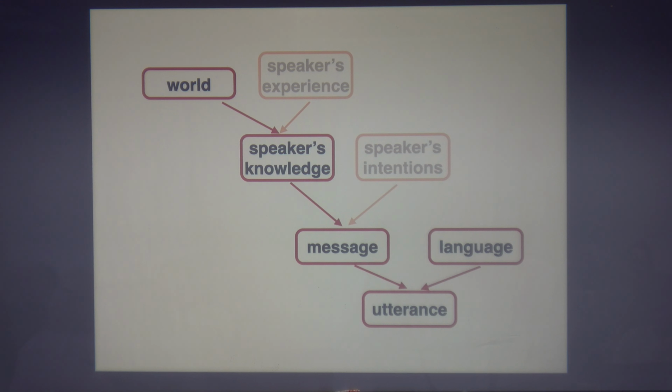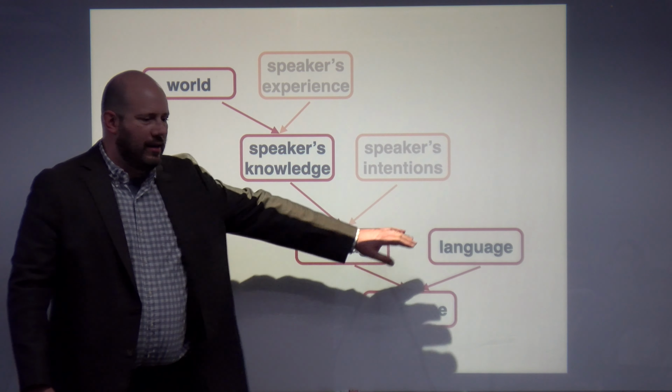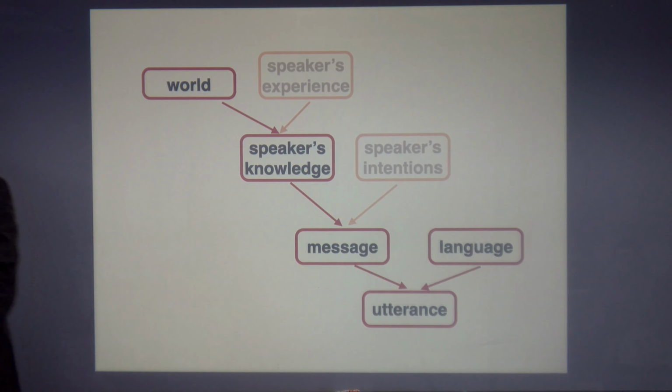Like by here I mean out of the actual meaning of the word, and partly move it into world knowledge, but also by just loosening the relationship. So here, I said the utterance is a function of the message and the rules of the language. This is not like we're assuming something probabilistic, right? So it's not like, you want to talk about your friend John, it's very highly probable you will call him John, but you might call him James because you just had a brain fart or something, right?